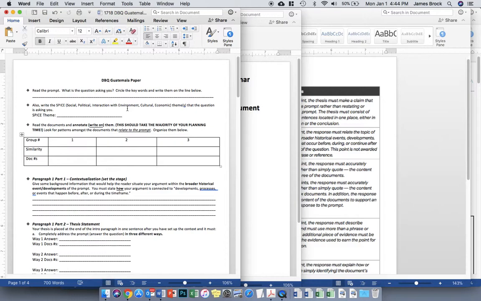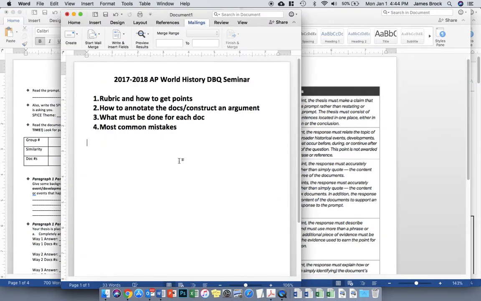So we're going to be talking about the argument that we're going to make today, how our essay is going to look. But it's really smart to check out the Guatemala paper as it walks you through it. Basically, if I can say anything about this seminar today, it's a verbal and audio-visual version of the Guatemala paper. So when we talk about annotating the documents, all we're really talking about is writing on them,